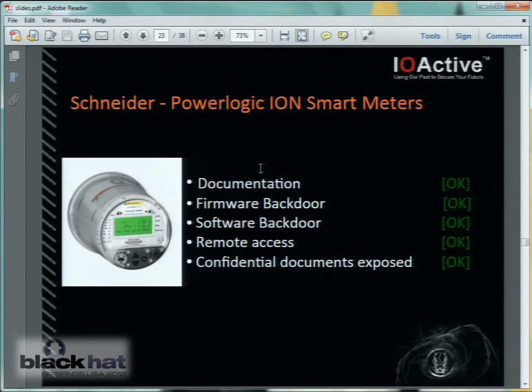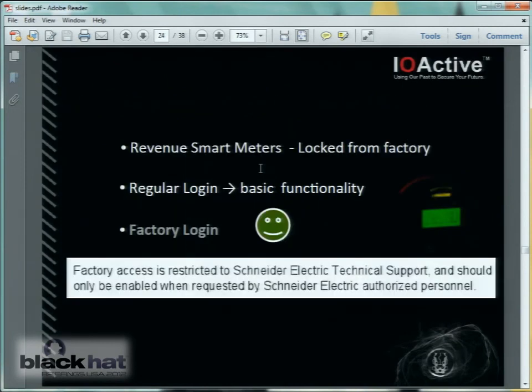We are going to see how we can find documentation. This case has a firmware backdoor, has a software backdoor. These smart meters have remote access enabled by default, and we'll finally see how some confidential documents from Schneider were exposed publicly. So basically,